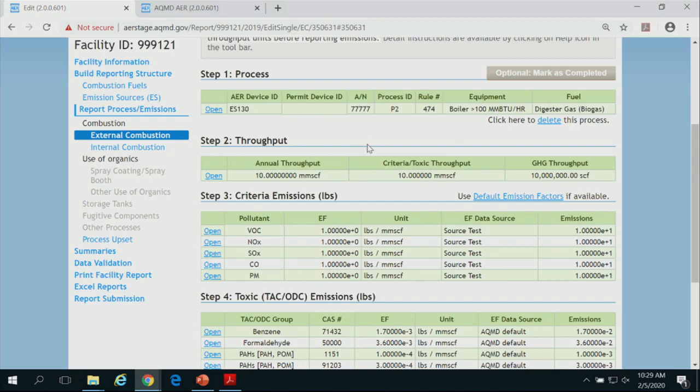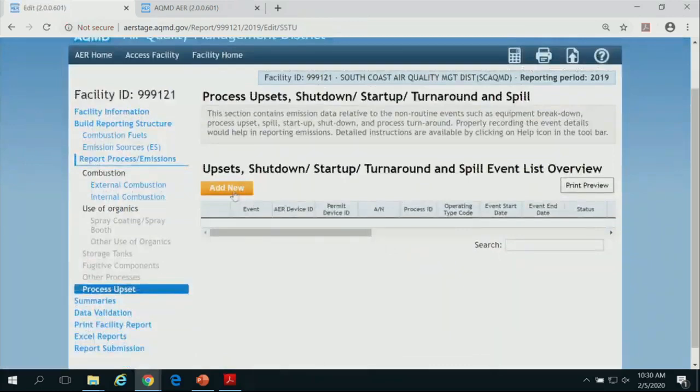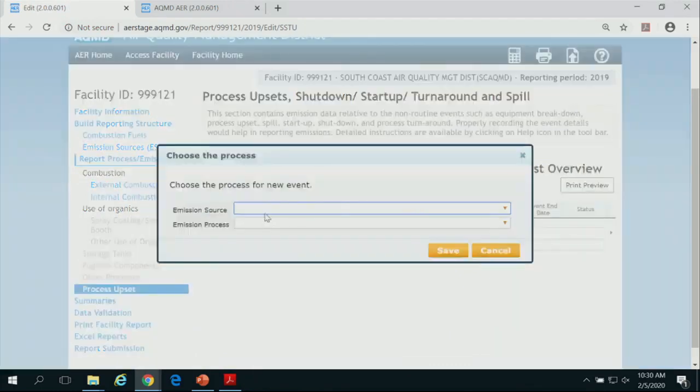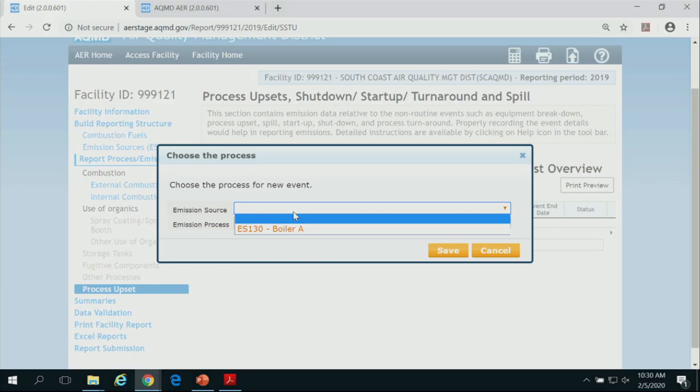But as you remember, I wanted to report non-routine emissions. Non-routine emission is going to appear down here if you click two boxes. One in the facility information, saying I have some non-routine emission I want to report. And then on a specific device that you want to report a non-routine emission for, you check another box. Then when you go to the process of set, when you click on Add New, it's going to take you to this drop-down menu, and it's only going to show you the devices that you indicated you want to report non-routine emission for.